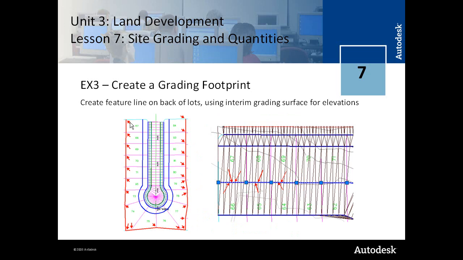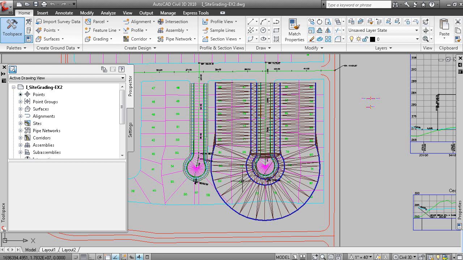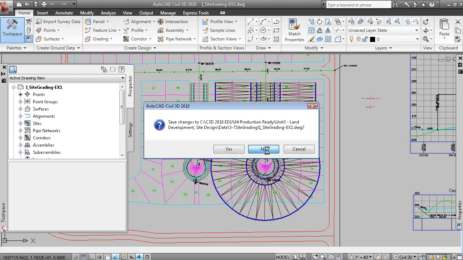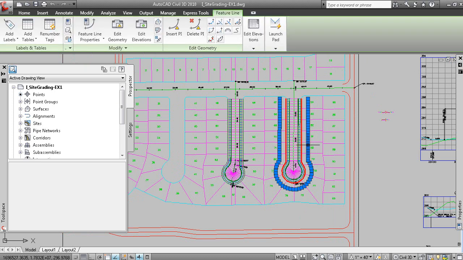So we're going to create a feature line along the back of these lots by extracting the elevations from that interim grading surface. And you can see how we've done that in these diagrams here. And there's lots of commands in Civil 3D to create or extract elevations from a surface. But if you pick a feature line here, and there are lots of ways to do this, if we click Edit Elevations,